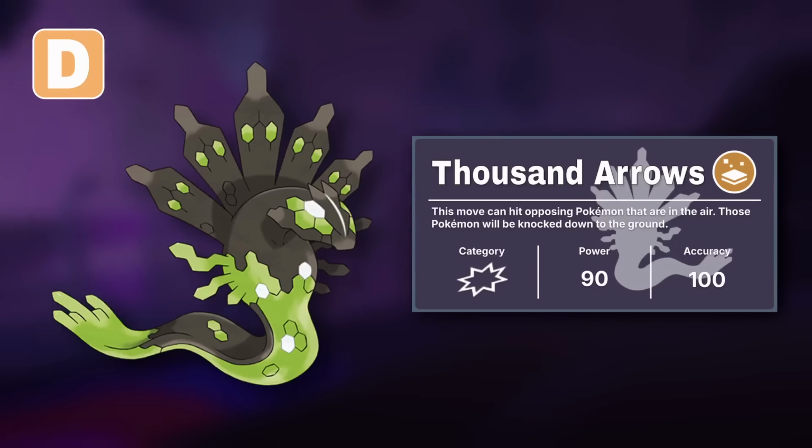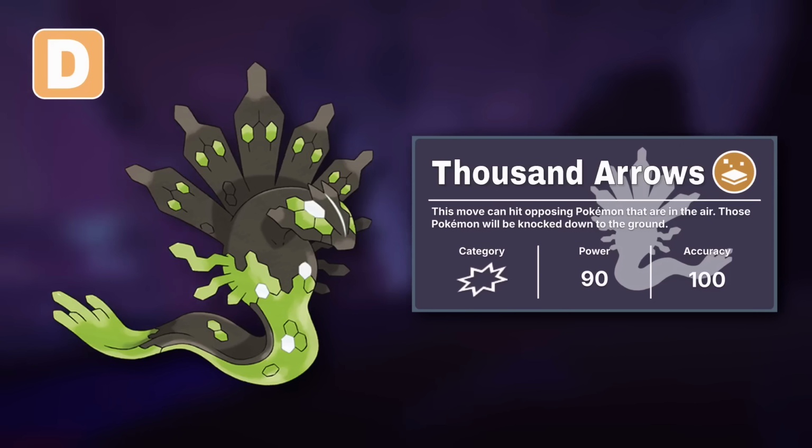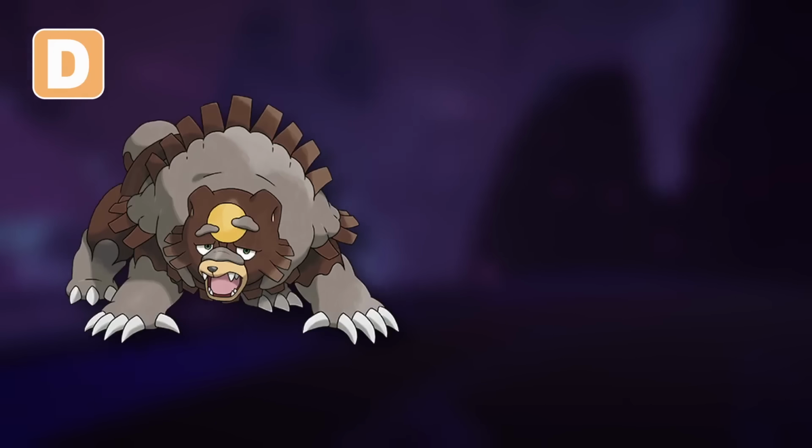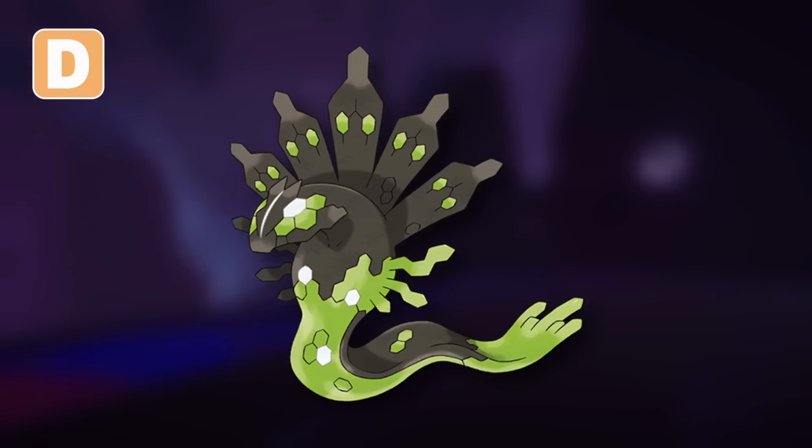The main thing carrying this effect all the way up to D tier is Zygarde's signature move, 1000 Arrows, which is a 90 base power spread ground type attack that hits non-grounded Pokemon and grounds them. Distributing this move out to some of the top ground and rock types of today would move this effect up to at least C tier, but because it's locked behind a Pokemon that itself is kinda mid, it will remain